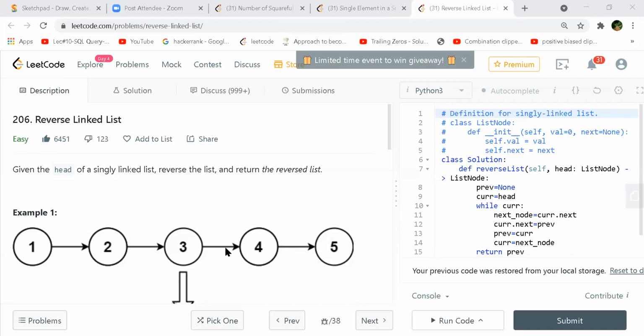Okay, let's go to this one. So it says we have to reverse the list, right? So you are using the two pointers, the prev and current, they both are pointers. Then you are also using another pointer which is on line number 11.